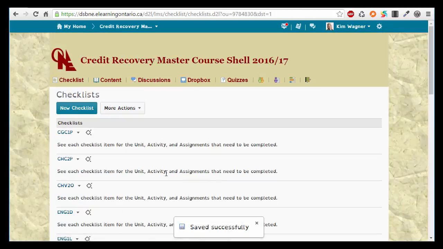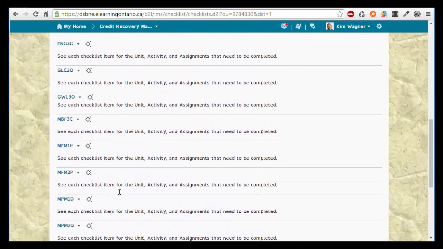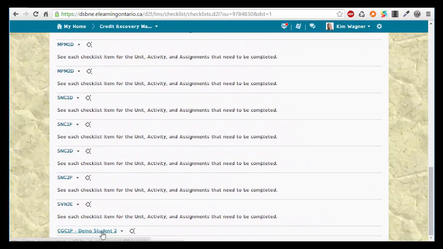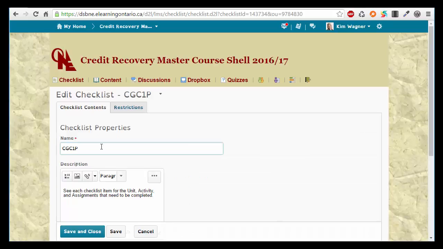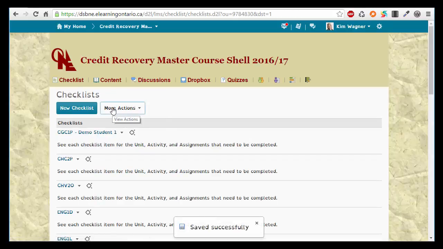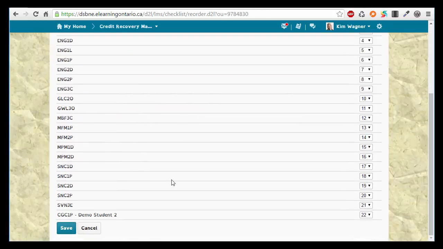So basically what we have done is we have created a new CGC 1P checklist that is aligned specifically with that new student. I can go to the old checklist for CGC 1P, and I could add more specific information so I understand and remember which student is attached to this one. So I'm going to write Demo Student number 1, save and close. At this point, if you want it to be alphabetical order, you'll need to go to More Actions, Reorder, and then you can change this item to number 2,